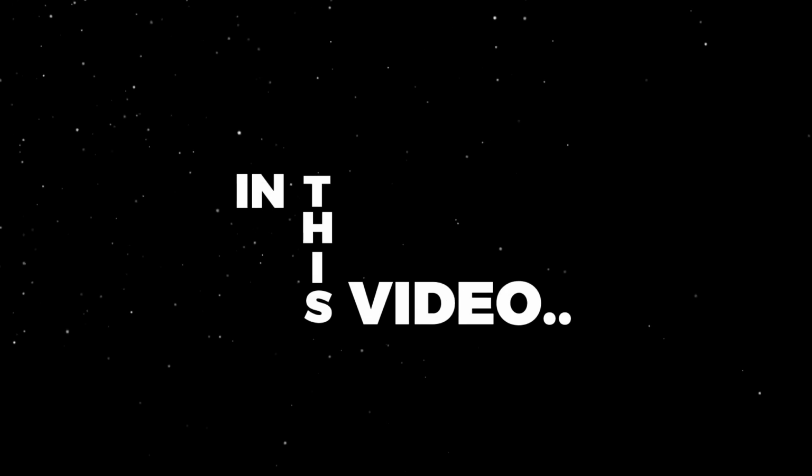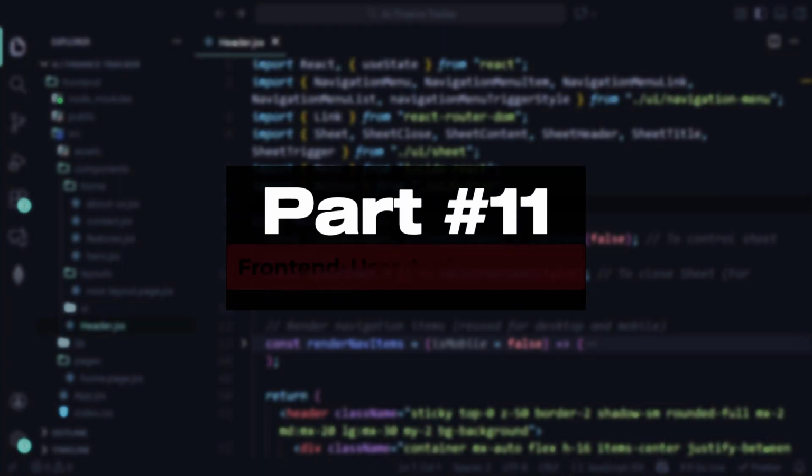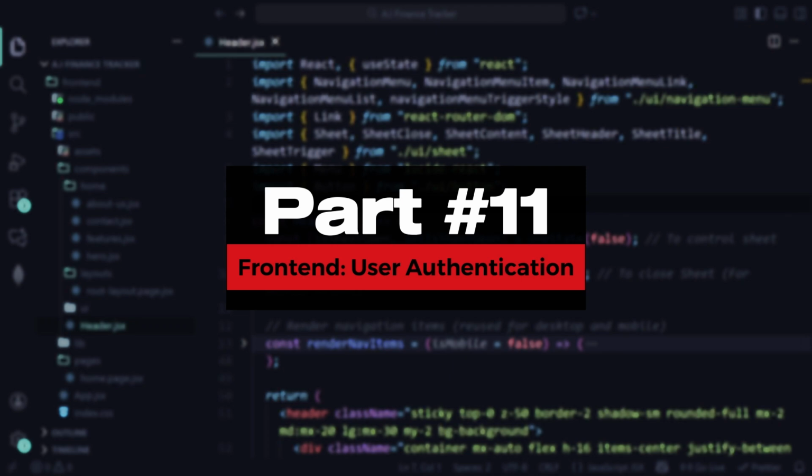In this video, we'll integrate user authentication to our React application using Clerk and then update our navigation menu for